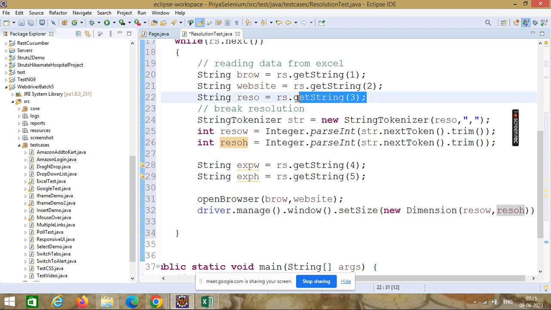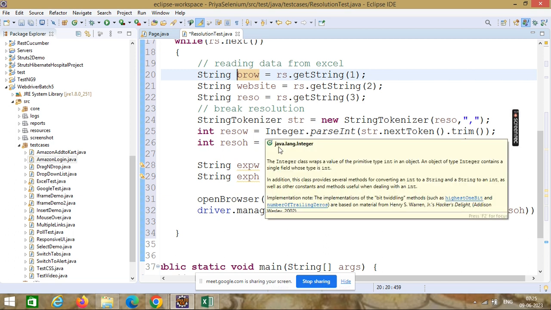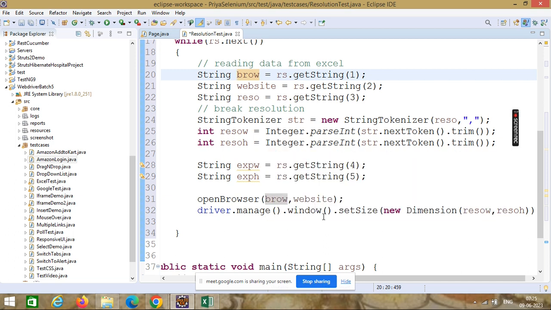Just it is reading from the Excel sheet. So one by one it will open 3 browsers. First time in the while loop it will read the first row data, then again in the while loop it will read the second row data, again in the while loop it will read the third row data. So 3 times it will read the browser, website, resolution and break the resolution and open the browser with 3